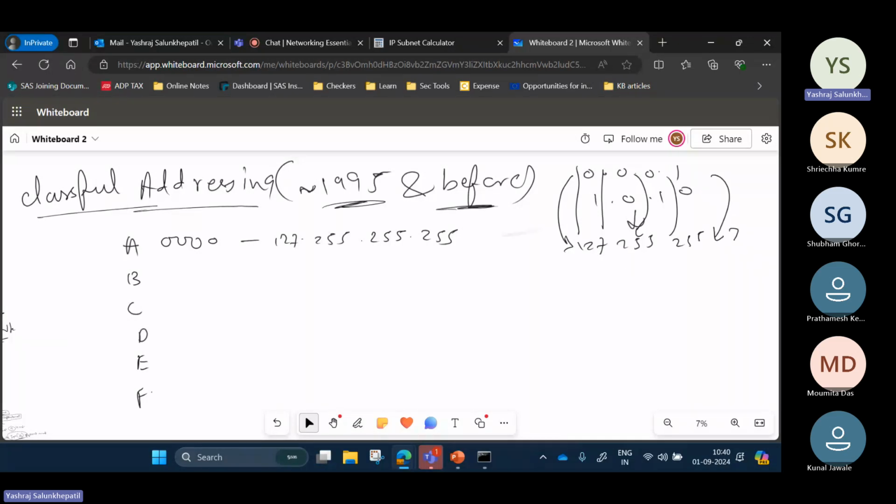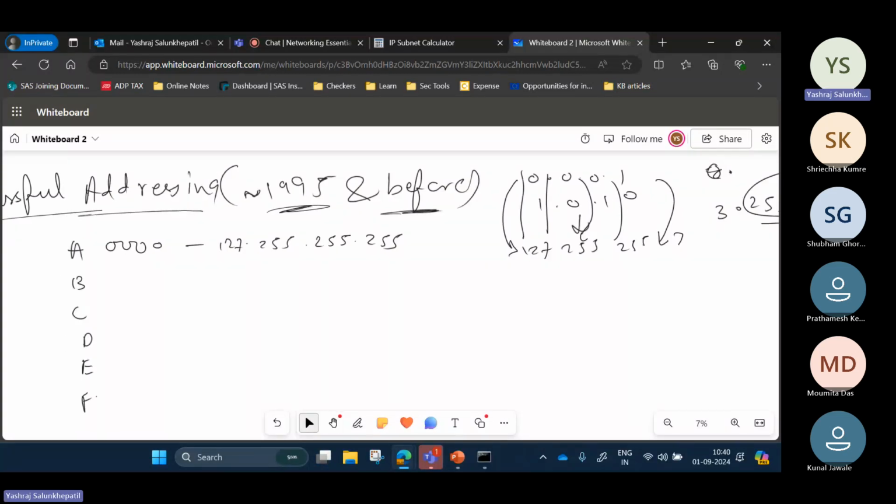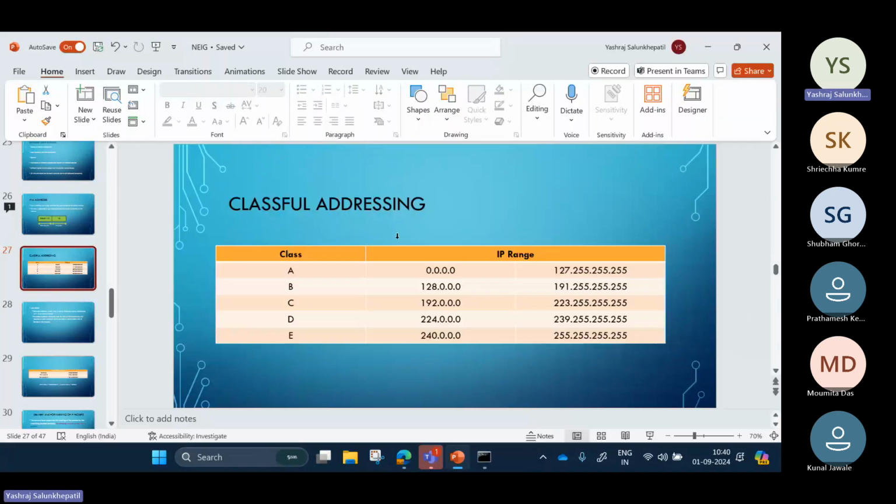So I can have something like, let's say 3.255.127.4, ठीक है, this is in class A।